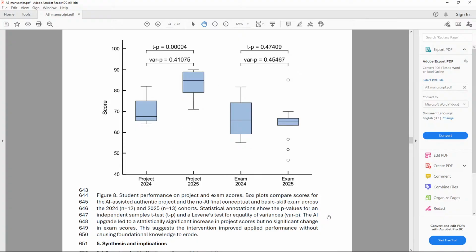Now, this is extra. This is extra that I'm adding. I'm just telling the reader the take-home message of this figure. This suggests the intervention, the upgraded AI, improved applied performance without causing foundational knowledge to erode. Basically, when the student uses a better AI tool, they are able to do a better project, but their final exam score, or foundational knowledge, where they didn't use AI, didn't change. They did the same in the final exam without using AI, but on an authentic problem, like a real-life project,